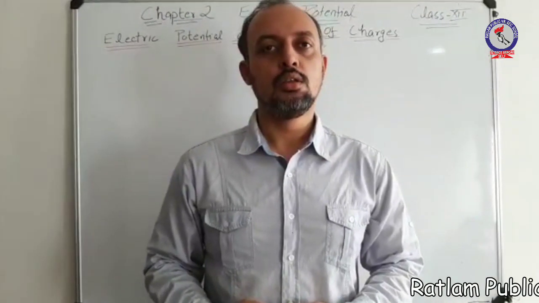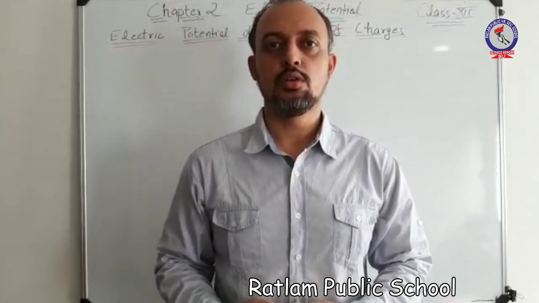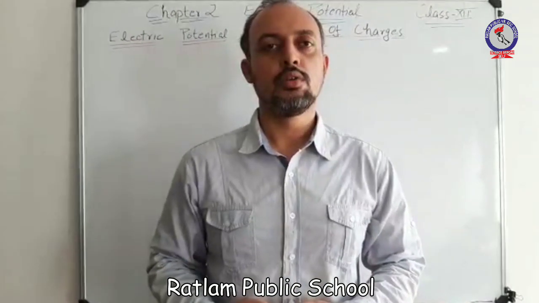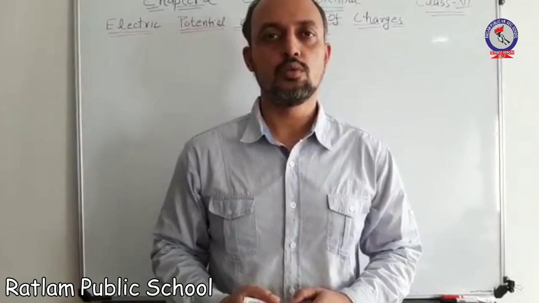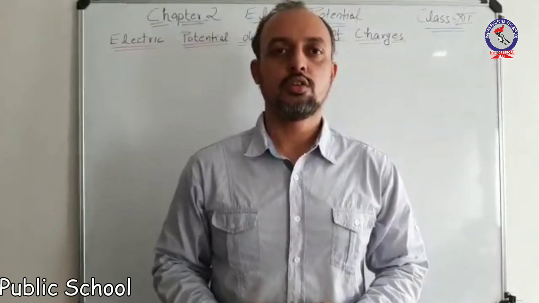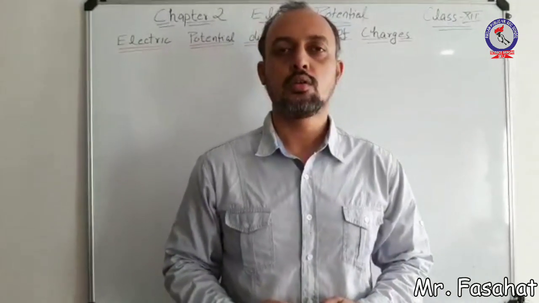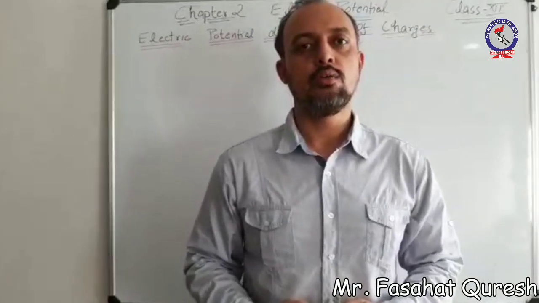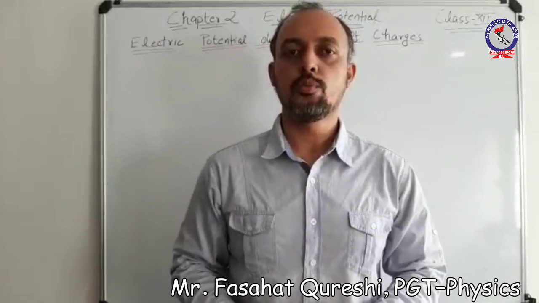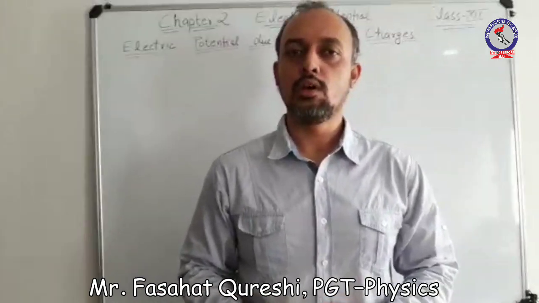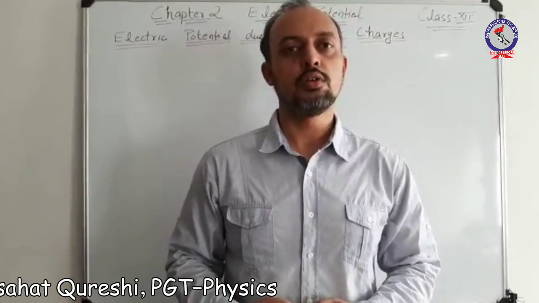In this section of my video, we will be going through the expression of net electric potential due to a group of point charges, which is a topic of class 12th NCERT chapter number 2. In the previous section, as I had already explained the concept of electric potential and work done, we derived the expression of potential due to a point charge as q upon 4 pi epsilon 0 r, which shows that potential is inversely proportional to the single power of distance.